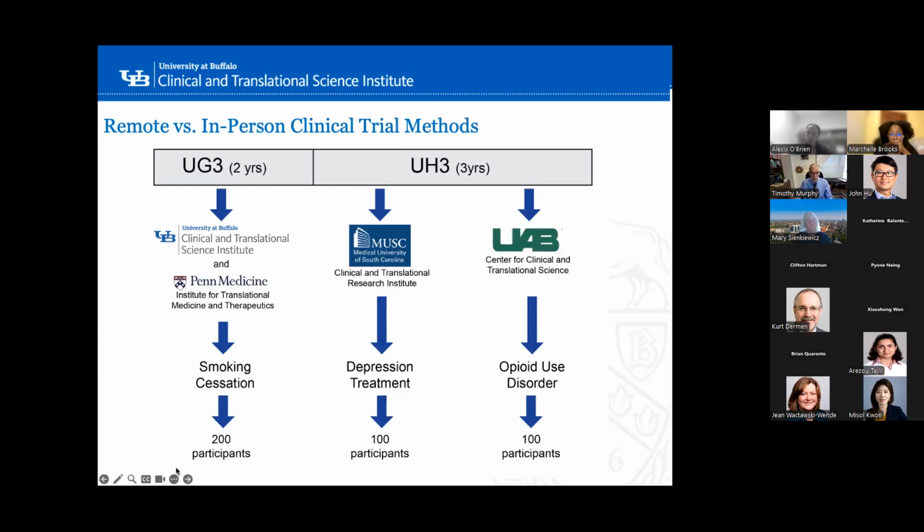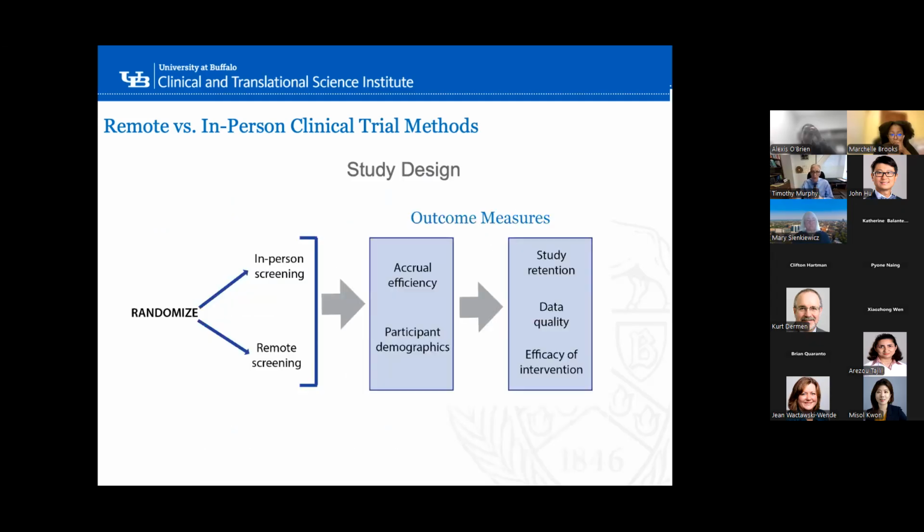All 3 of these clinical trials include a behavioral intervention and a pharmacologic intervention. Then, for the 2 trials, at Medical University of South Carolina, Jennifer Dane will do one looking at depression treatment, and a UAB study will look at opioid use disorder. So the whole idea will be, okay, if it works for smoking cessation in Buffalo and Philadelphia, will it work for these? And it's a very straightforward design, and basically they're randomizing people to in-person screening versus remote screening,